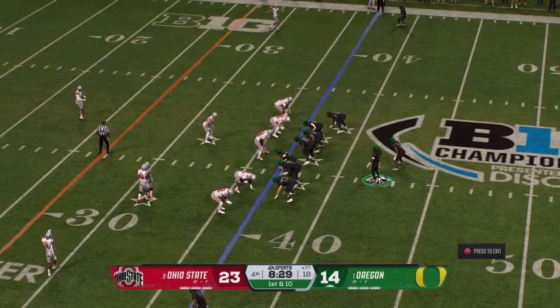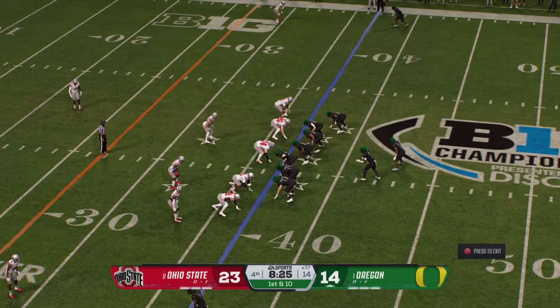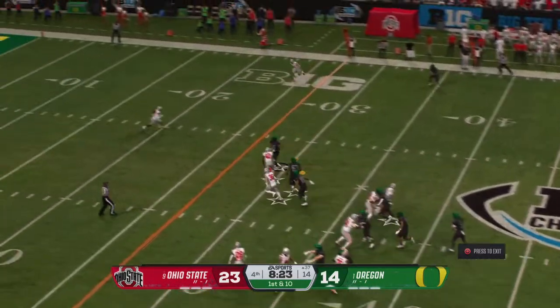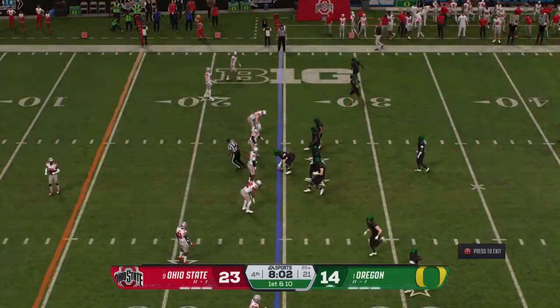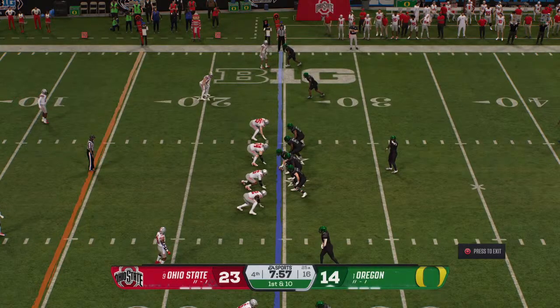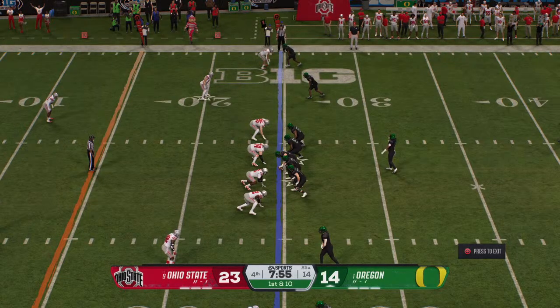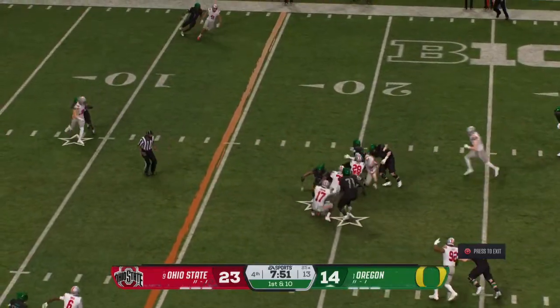The Ducks come to the line to start a fresh set of downs. And the quarterback finds the tight end for the completion. They bring him down to the 25. They're moving closer and closer to the red zone. He breaks free.